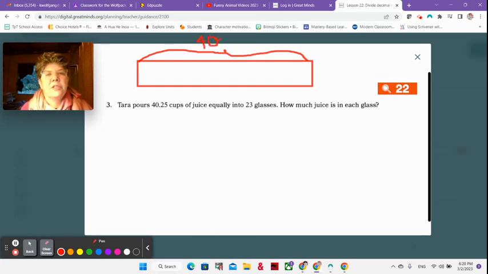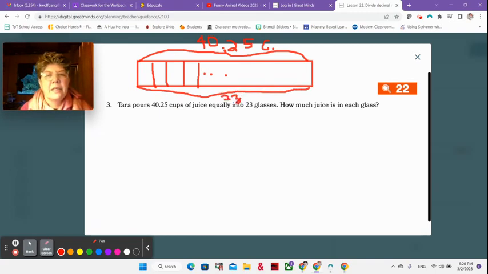Please make sure you write that down. 40 and 25 hundredths cups of juice. And she pours it equally into 23 glasses because she's having a party with 23 friends. Okay, and we don't need to draw 23 lines. We can just say dot to dot, and we can notate down here at the bottom that this is